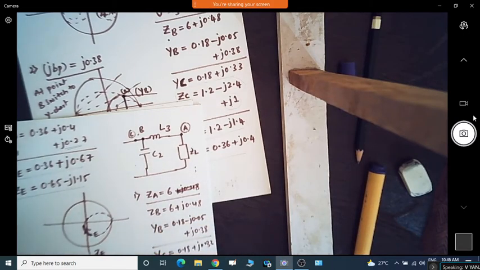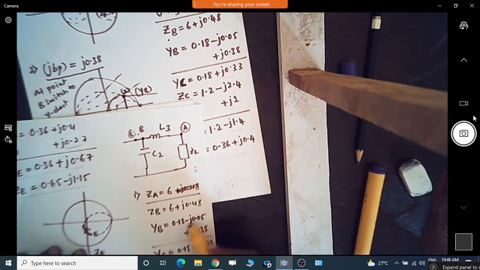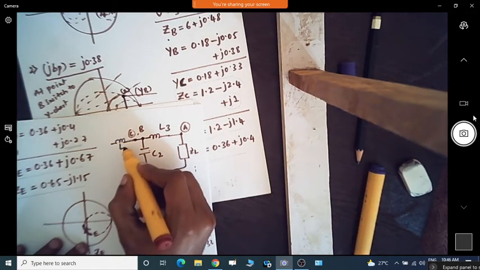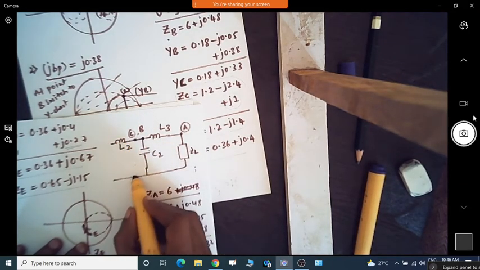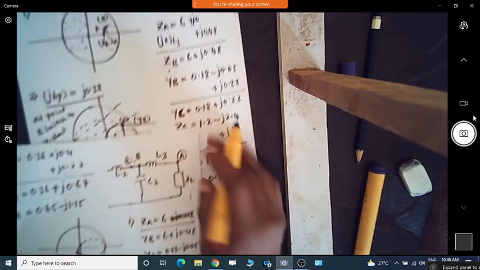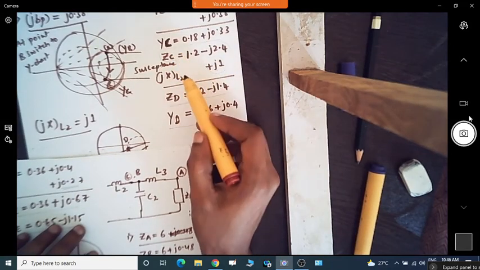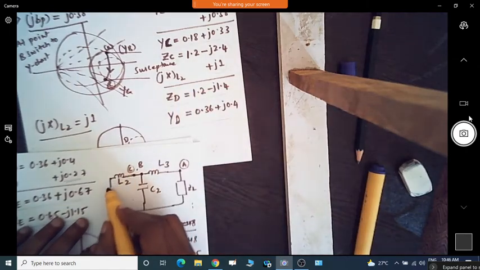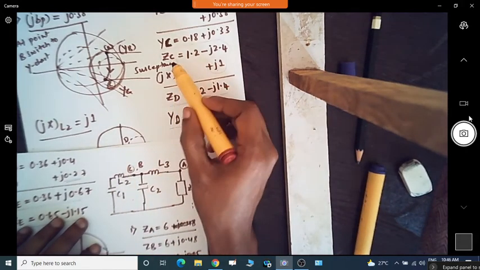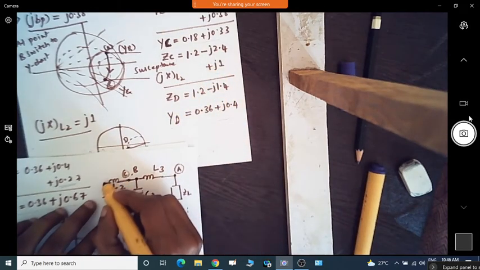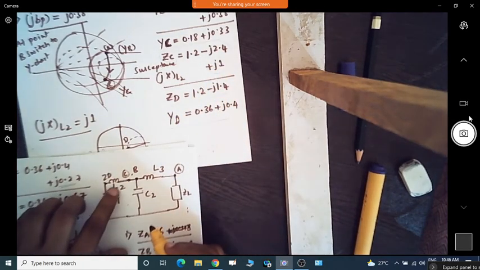Is it understood? After adding the susceptance of the capacitor C2, we are getting the point C. Now after this, again we need to add the inductor, that is L2. For that series inductor L2, we have to find out what is ZC. So we are finding out the ZC value. After finding out the ZC value, we add the inductor value, and we will get the point ZD, after inductor L2.